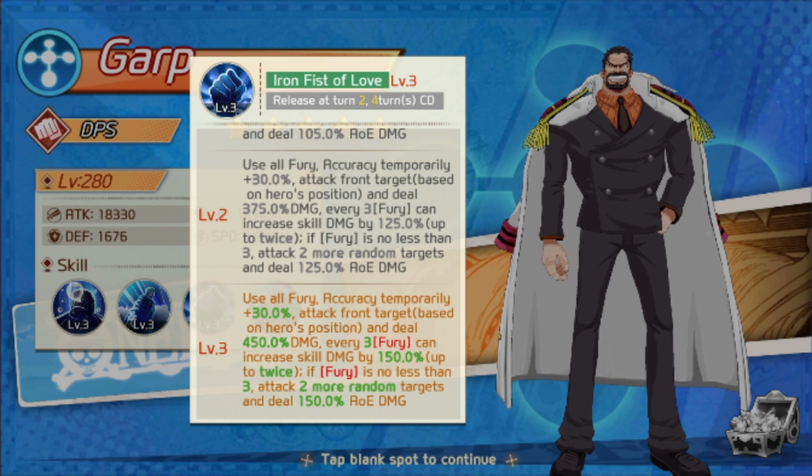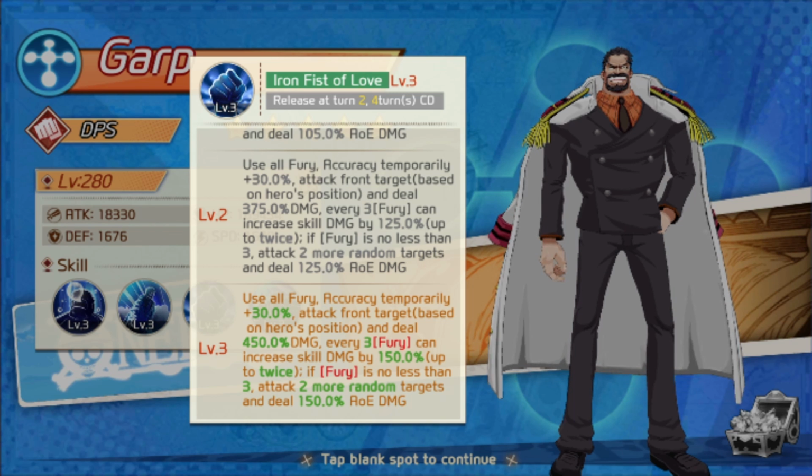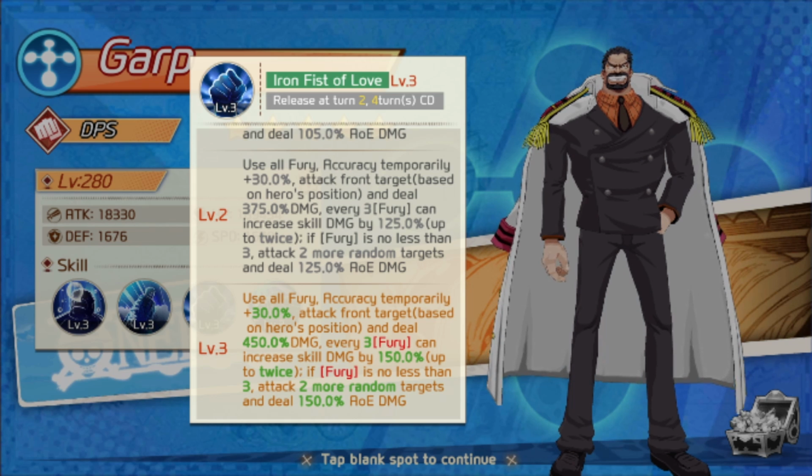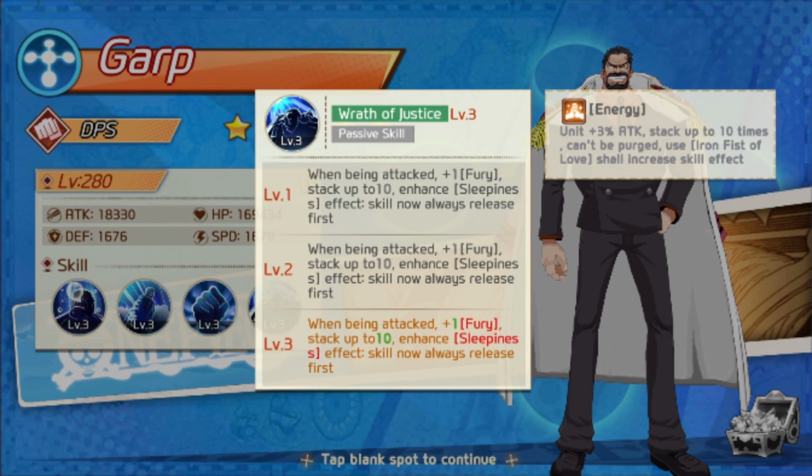So if he has 3 Furies, he can increase his skill damage up by 150% twice. And if Fury is no less than 3, so if he has like 1 or 2, he can attack 2 more random targets and deal a lot of damage. And then his last skill is when being attacked, +1 Fury, stack up to 10,